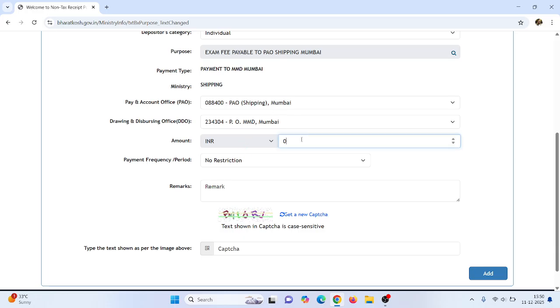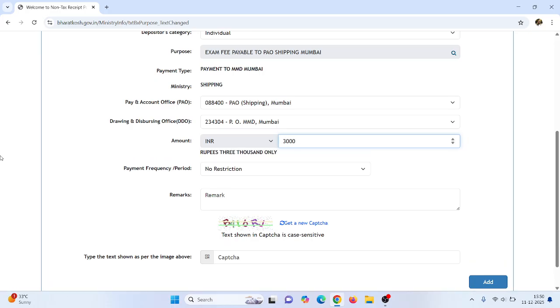This is the address. Now here you have to enter the amount, what amount you're going to pay. Like if you're going to apply for the eligibility letter, you have to pay 3,000 as the eligibility letter fee. If you're going to make the payment for your assessment, the charges are 5,000. If you're going to make the payment for your orals, the charges are 500 rupees per